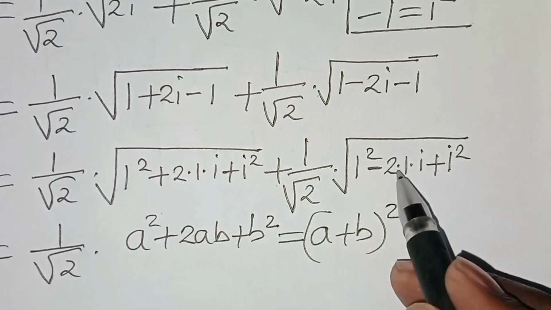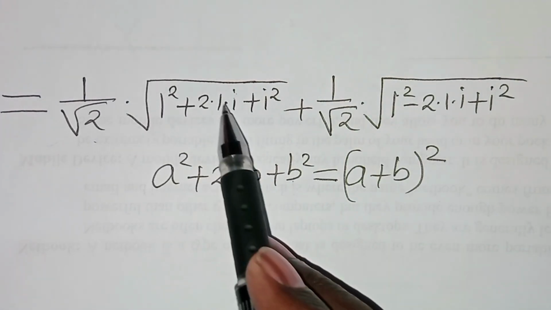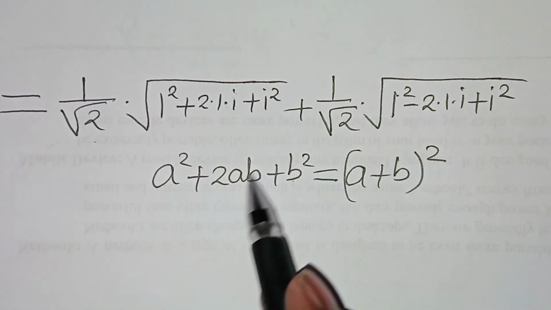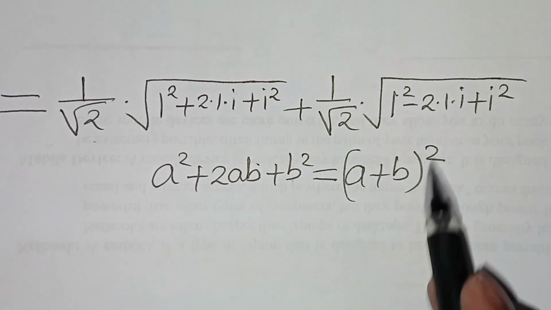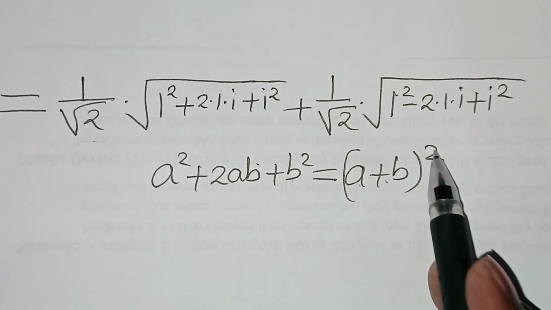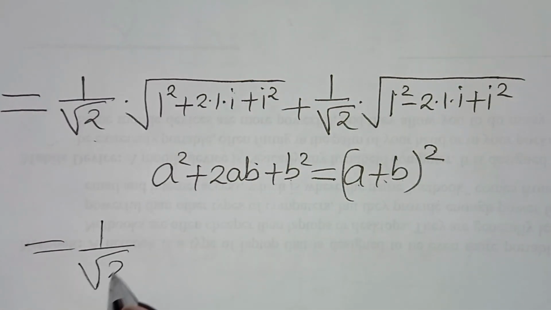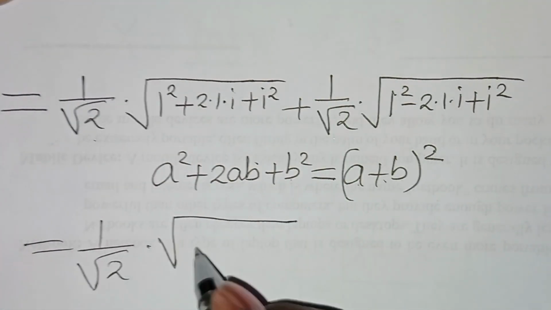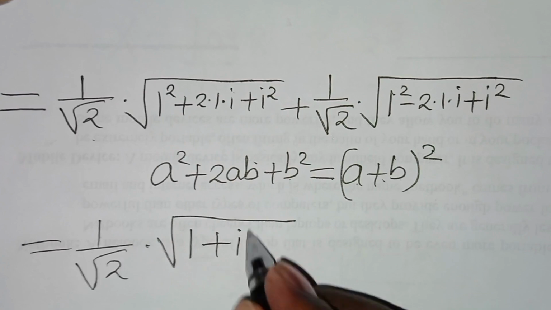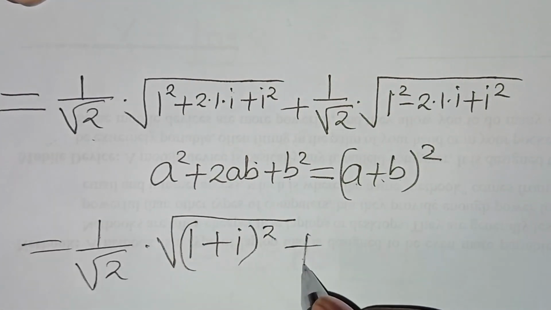Therefore here we'll have 1 over square root of 2 multiplied by the square root of 1 plus i squared, plus